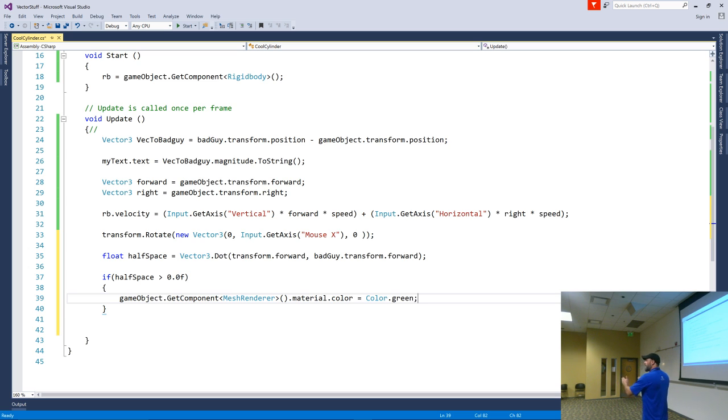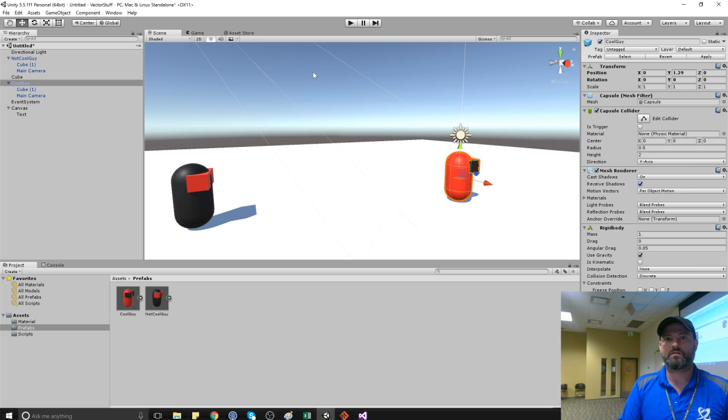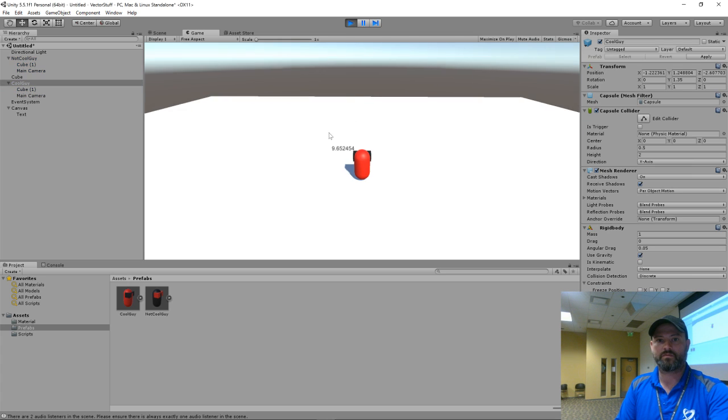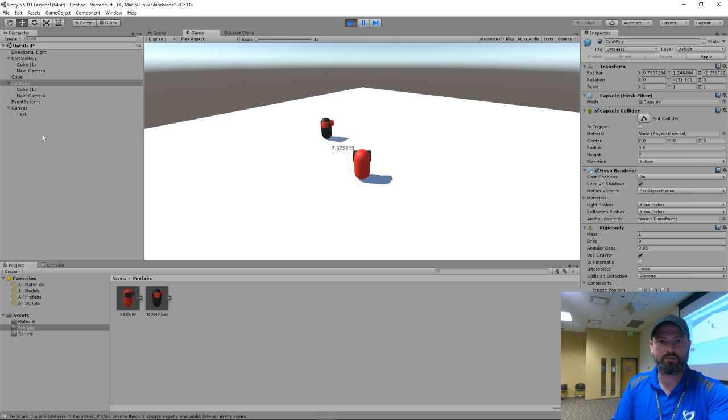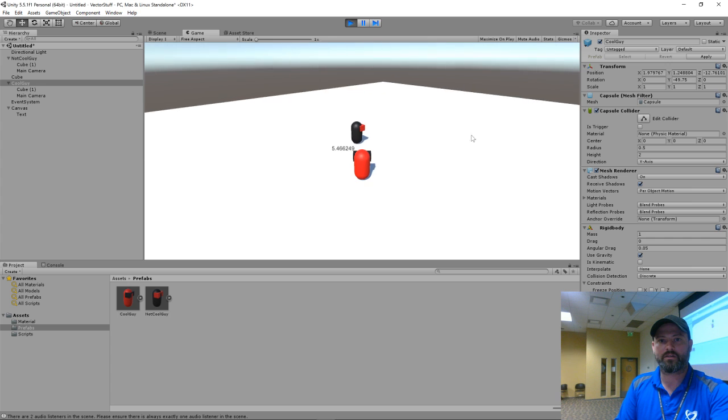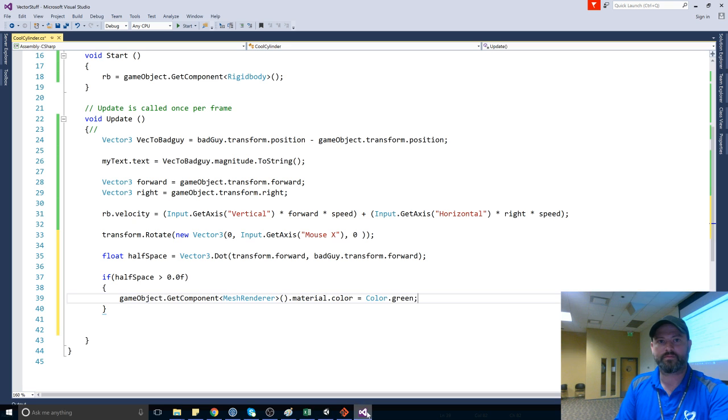As soon as I go past 100% perpendicular, I'm going to start going into the negative space. As soon as I start going toward him, facing him, that number is going to go in the positive space. So if I just check to see that it's greater than 0, I should change my color whenever I'm facing toward him rather than away from him. And let's see if that works. Totally didn't work. That's okay. Hold on. Did you save? I might not have.